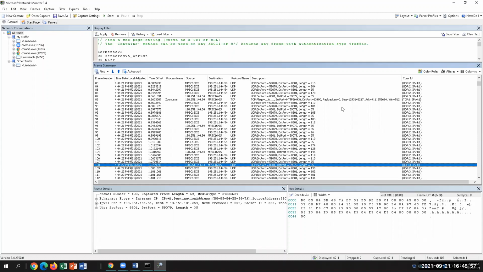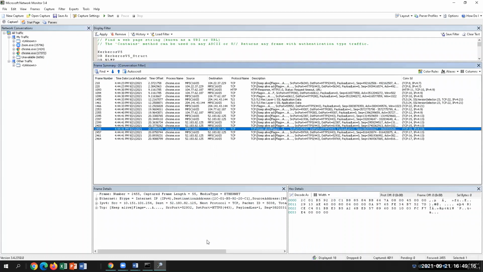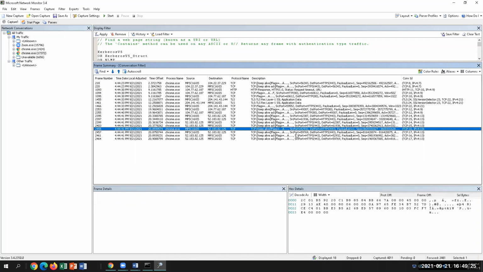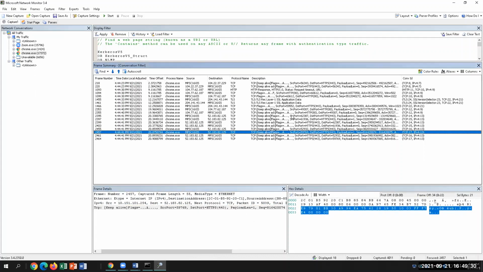Any questions? How did you know the data is unencrypted? It will say it in the frame, like when you click on the frame. So let's go here. Yeah, when you use Wi-Fi, you would see a lot of it compared to Ethernet. It depends on the packets you're looking at, but